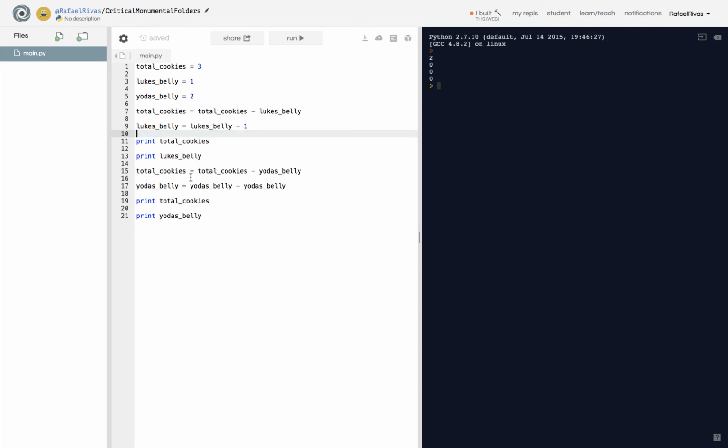Now the third time total cookies gets assigned is down here when Yoda eats some cookies. So total cookies equals total cookies minus Yoda's belly. At this point, total cookies is 2, and Yoda's belly is 2, so 2 minus 2 is 0. So therefore, total cookies is now set to 0, and there are no more cookies left. This is an example of why we'd want to update variables: to keep track of a total, in this case cookies, and subtract from it to determine how much is left, or add to it